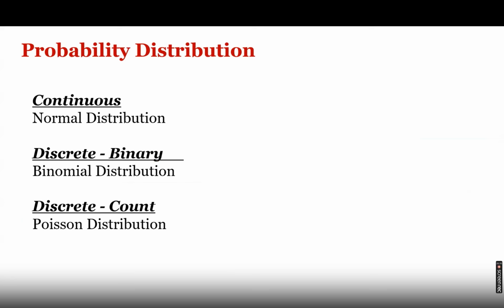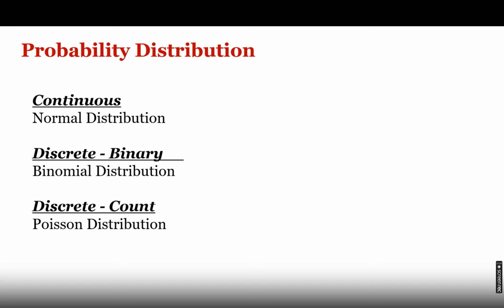Probability distribution. Probability ideally means chance. The word chance means probability. So probability distribution means the chance of a certain incident happening based on a given situation. Suppose you have a coin and you want to toss the coin. What is the probability percentage that you will get a head? It is 50%, because the other 50% probability is that you will get a tail.